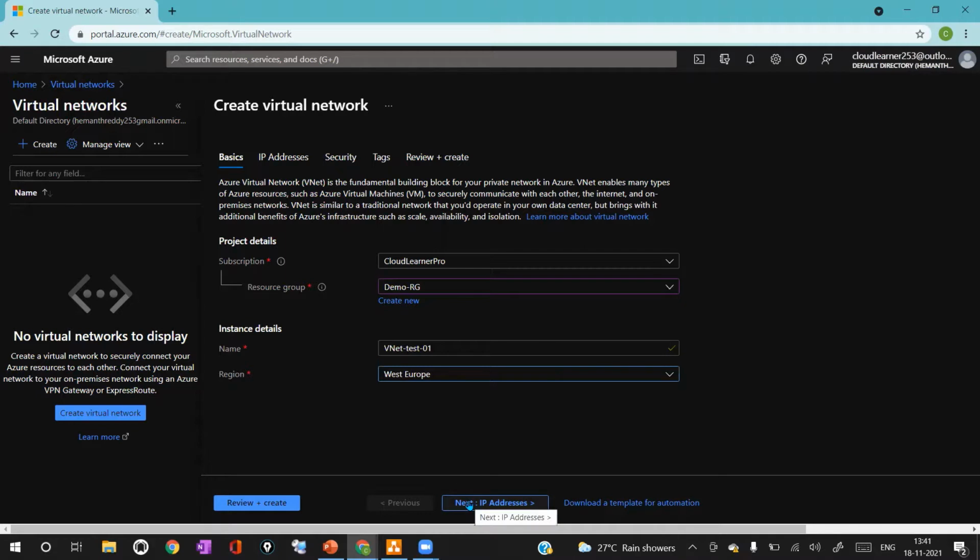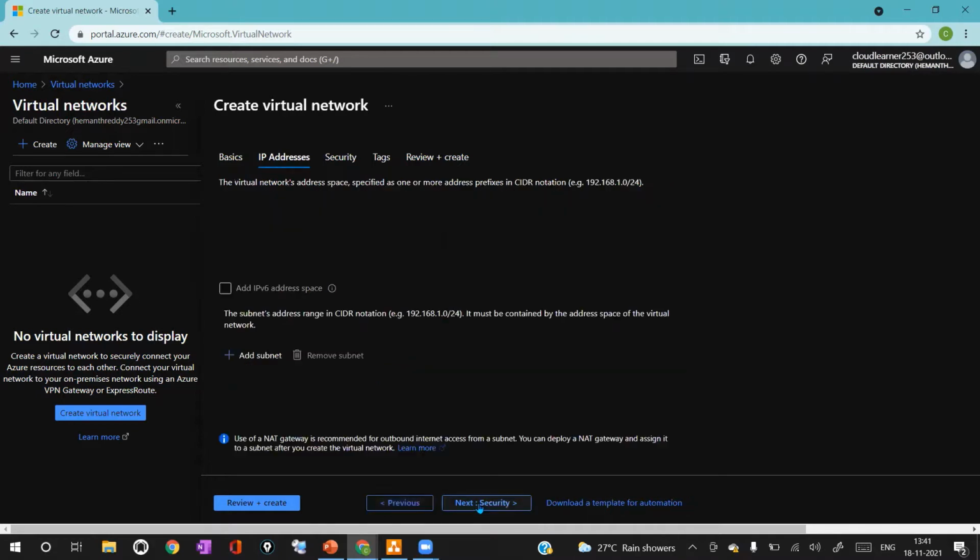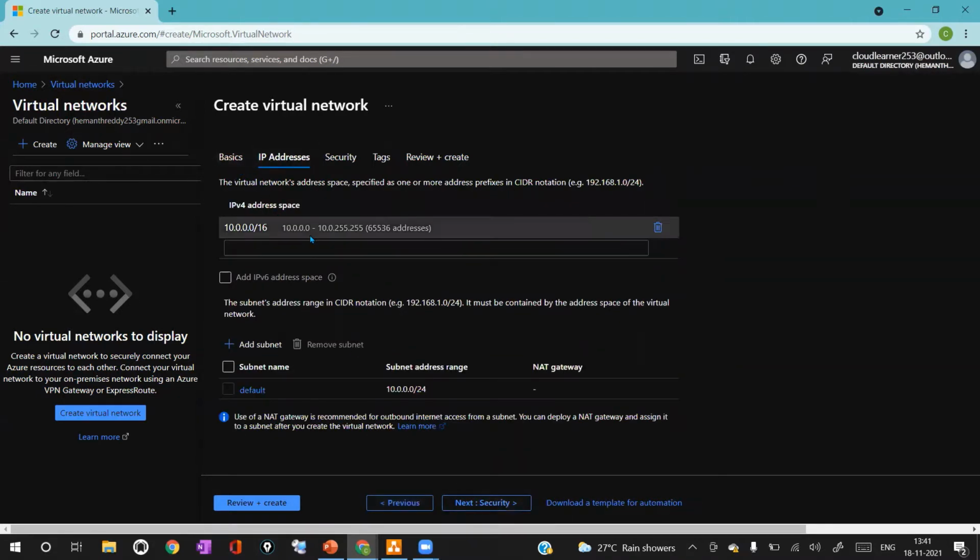Next, if you click on next IP address option, here you'll have to provide the range of your virtual network, like it is the CIDR range or the address space of your virtual network. By default, it will give you 10.0.0.0/16 as your address space. If you want to change, you can change this address space as well.